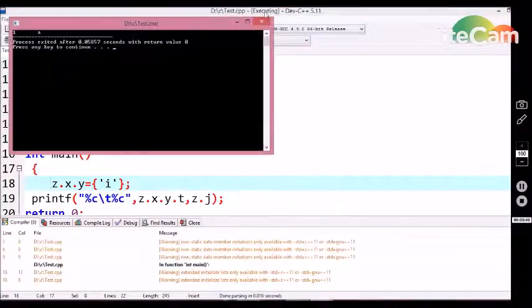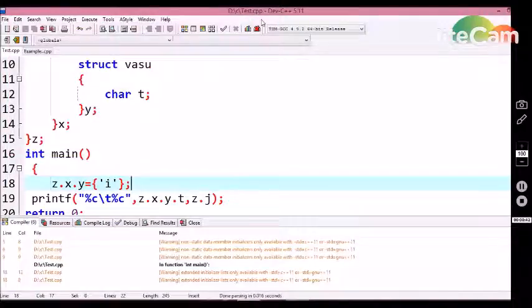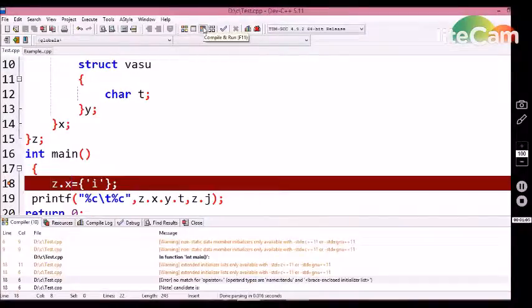We are getting an output screen. So to initialize data that exists in the innermost structure, we have to follow this kind of command: a variable of the outermost one, followed by the next inner one, followed by the next inner one, and the initialization value to the particular structure. To initialize the value to an x reference variable, I mean the tendo structure,